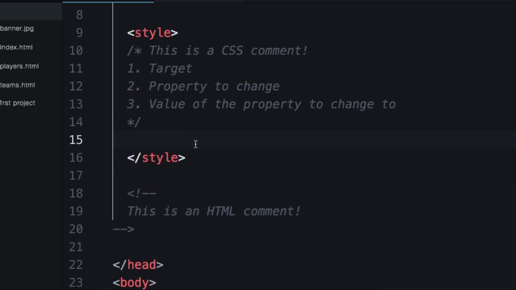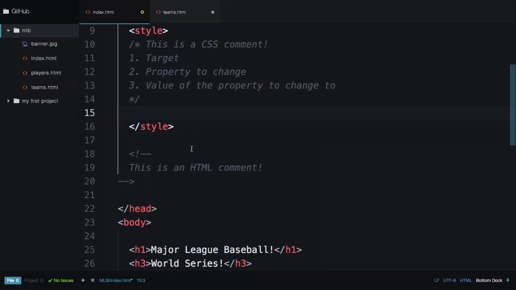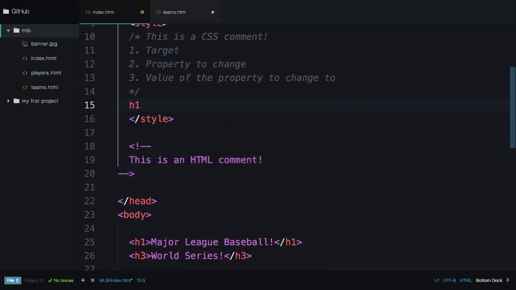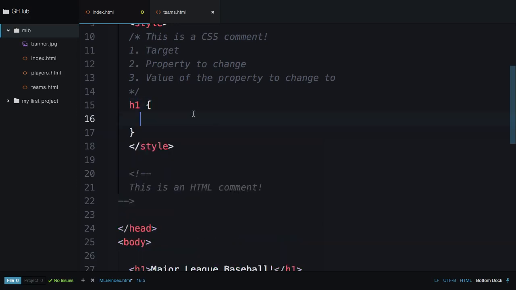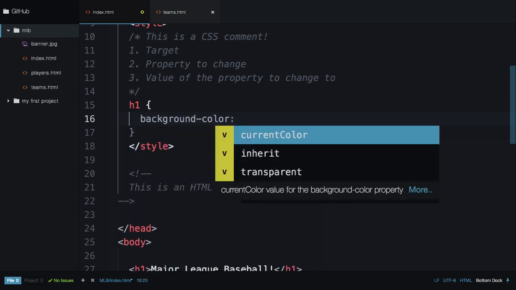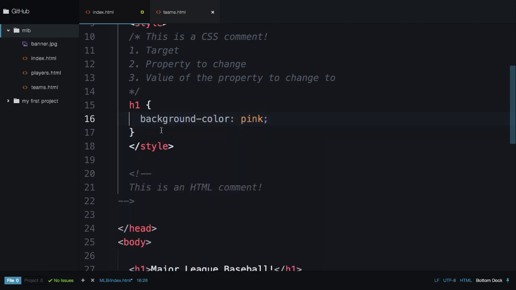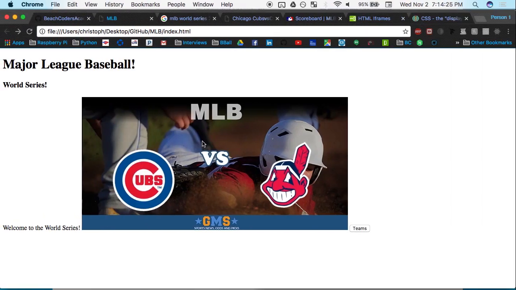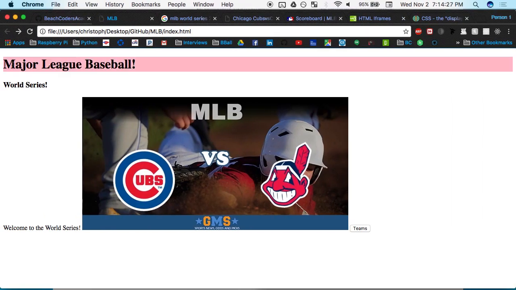All right, so my target is an H1, and then all that's left is syntax. So my target is H1, I use open and close curly braces, and inside of that, it's just property and then value, property, value, property, value. So the property is background color, and let's change it to pink. All right. So now if I refresh the page,